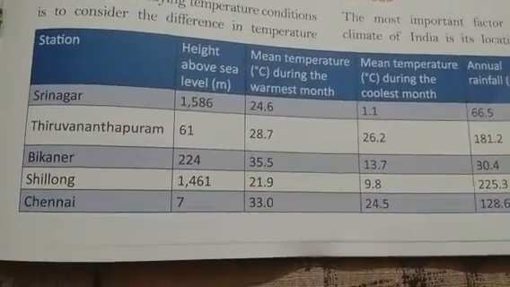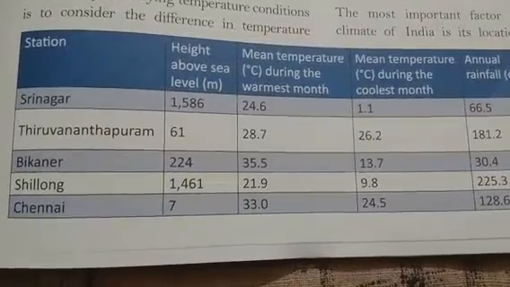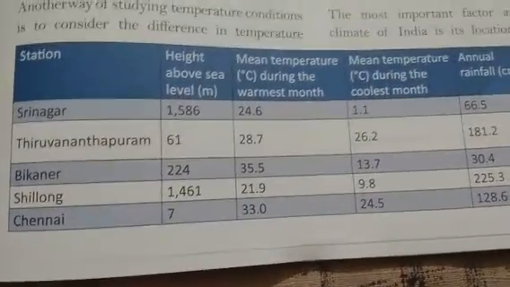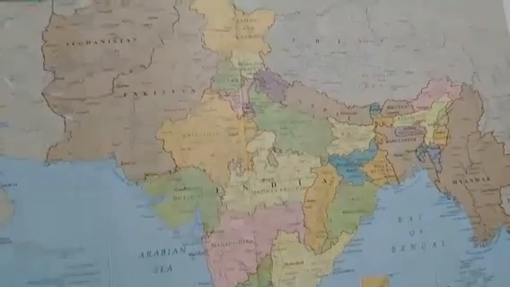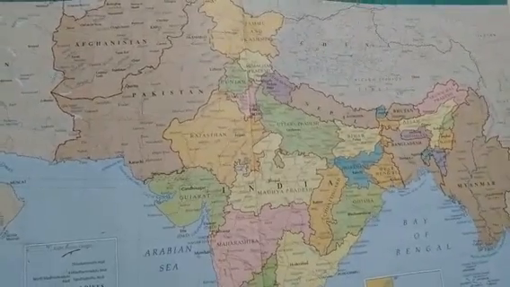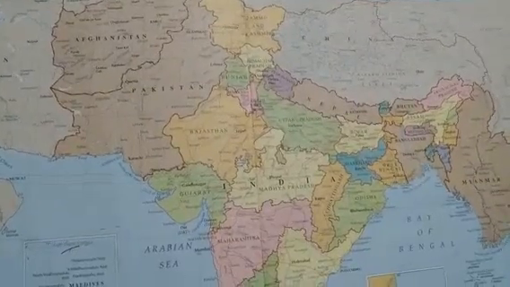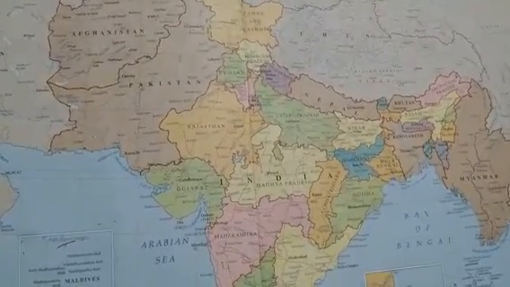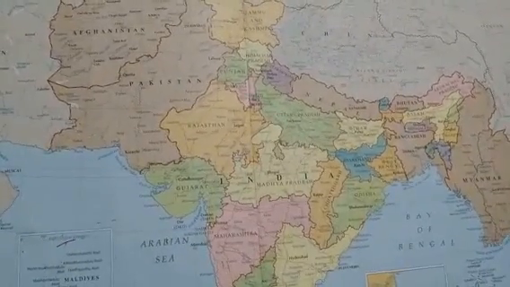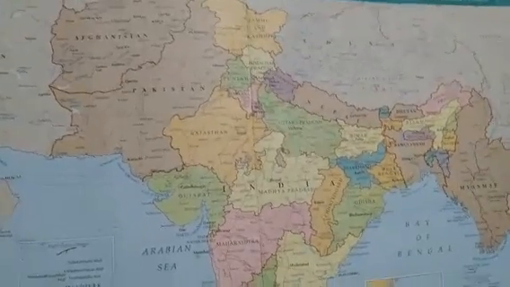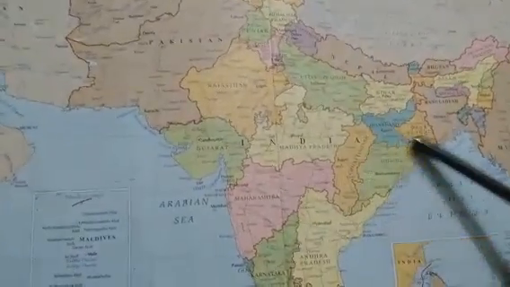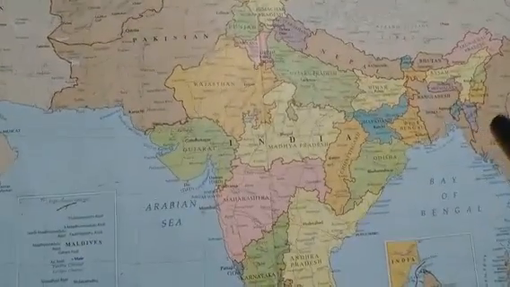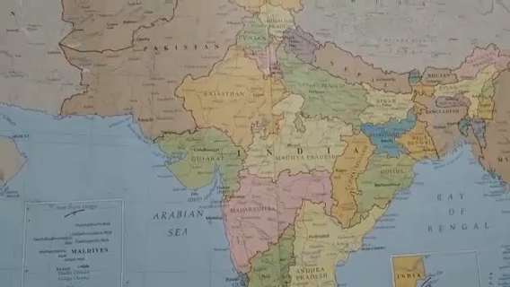Now we will study the factors responsible for the difference in temperature and rainfall conditions. Okay, so look at the map. The factors that are responsible for the climatic variations. Firstly, I'll tell you about the latitude. The climate of a region depends on how close or far the region is from the equator. We know that the temperature decreases as we move away from the equator. You know that the Tropic of Cancer passes through the middle of India. So the region to its south,